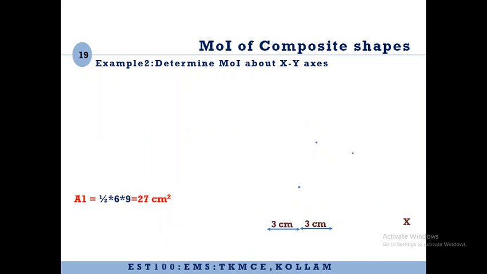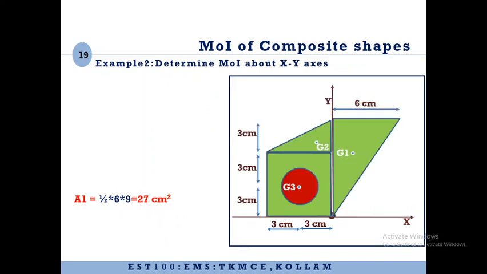Let us consider example number 2. So this is the figure in example number 2. Here again we have to find out moment of inertia of the green colored portion. That is, the red colored portion is being cut out as a hole. However, in this case we don't have to find out the moment of inertia about the centroidal axis. Rather, we only need to find out moment of inertia about the x-axis and y-axis passing through the origin.